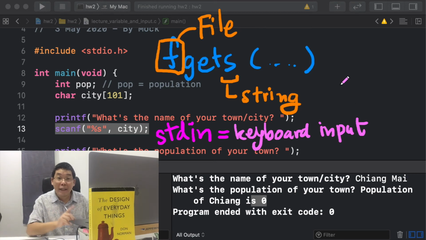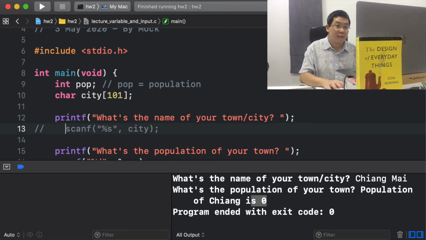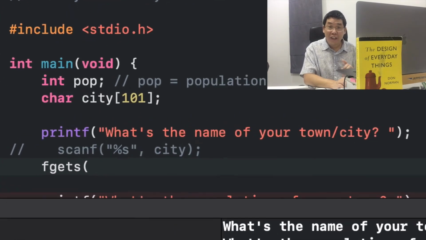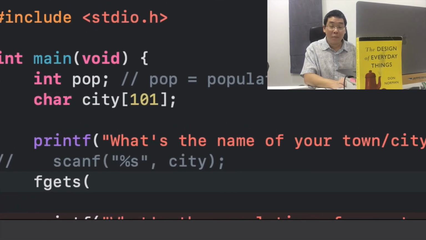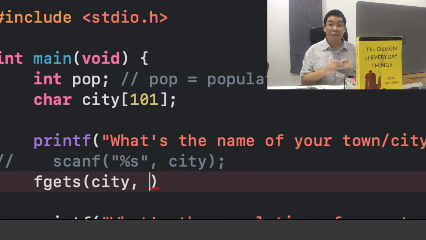So let's comment out scanf and let's put in fgets instead. It works like this. I'll give it the target string, which is city. Then I want to give it the maximum number of characters I want it to read from the input, which is basically the size of the array city, which is 101.